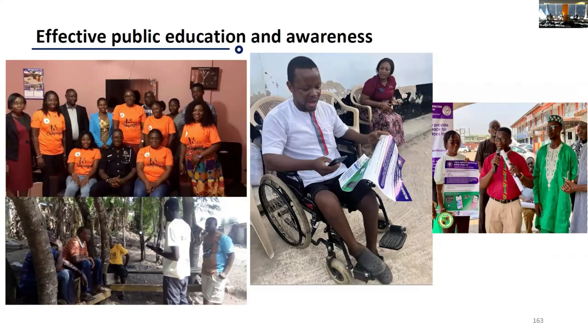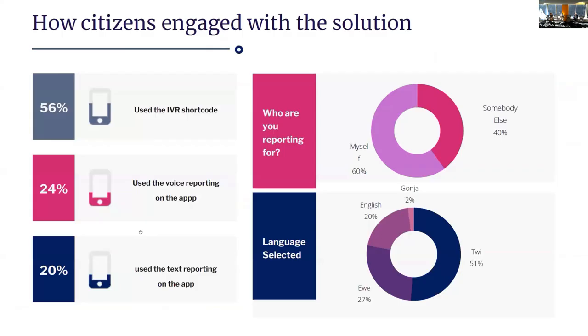The second important thing is an effective public education and awareness campaign that gets different population subgroups, especially those who ordinarily would be out of any normal data collection process, to be engaged in the process. So we realized that through this, if we had not, for instance, in the case of Ghana, incorporated the functionalities for people who use basic phones, 56% of the respondents wouldn't have been engaged in this process. And so the use of what we call in Ghana YAM phones, which is the basic phone, allowed people to use it. And we also interpreted all these into the local languages,